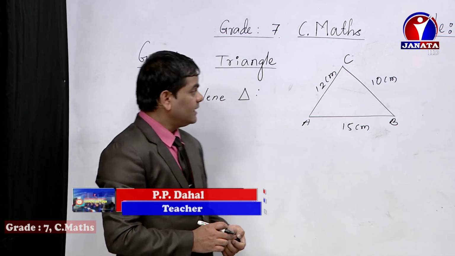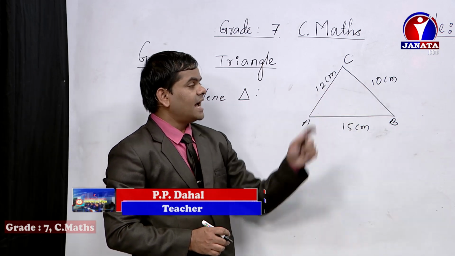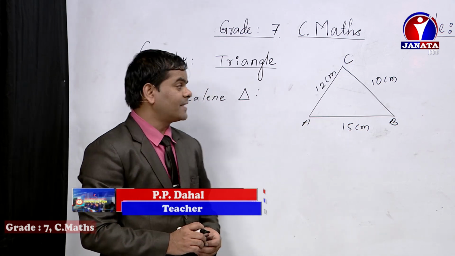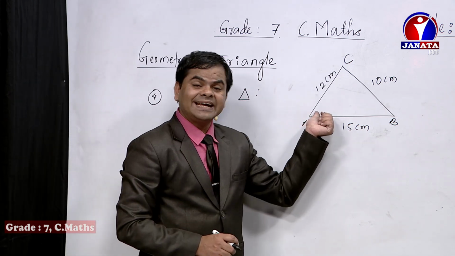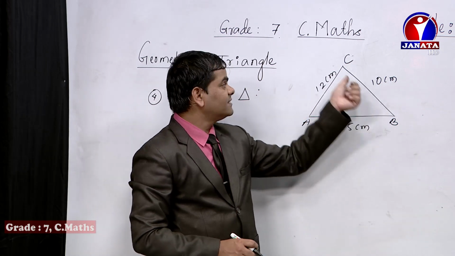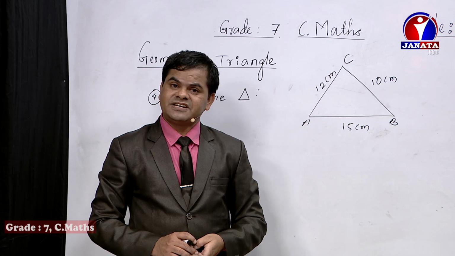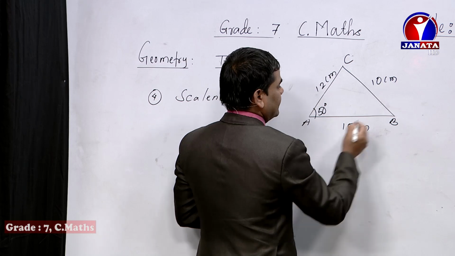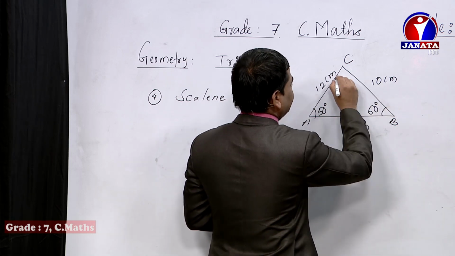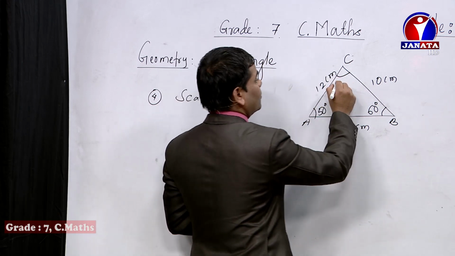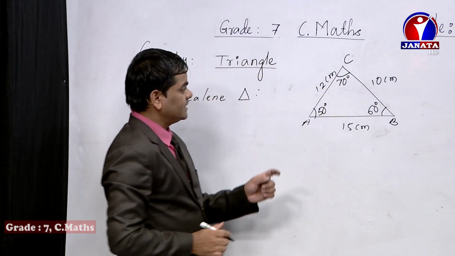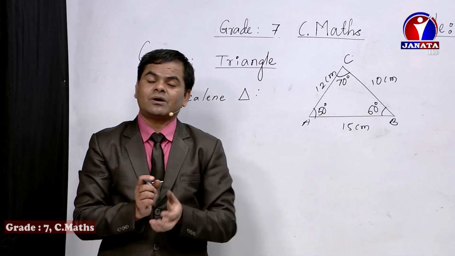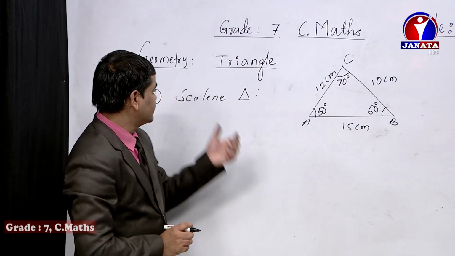Now, as the sides have different measurements, in case of angles also the values become different. It means the degree at A, the degree at B, and the degree at C will differ from each other. For example, dear student, if one is 50 degree, then another may be 60 degree, and obviously, to make 180 degree, there must be 70 degree. Look here, dear student. Did you see one is 50, another is 60, and another is 70? It means the measurements of the angles will be different from each other in case of a scalene triangle.